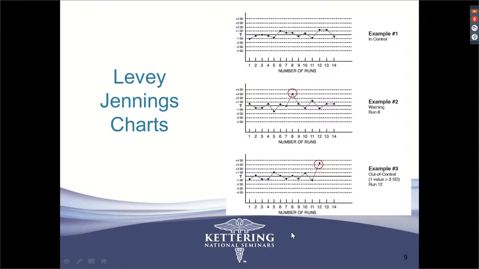So in number 6 there, we have a Levy-Jennings chart here, several, and it doesn't matter. I mean, you'd have each one of these graphs for each electrode. So one for the pH, one for the PCO2, and one for the PO2. All right. So this first one here is an example of showing you that the electrode is actually in control,